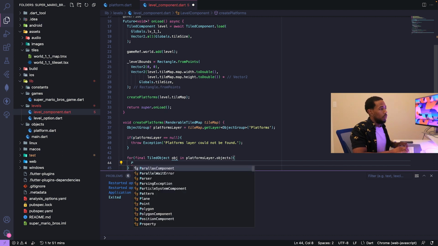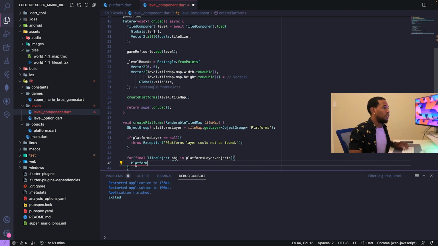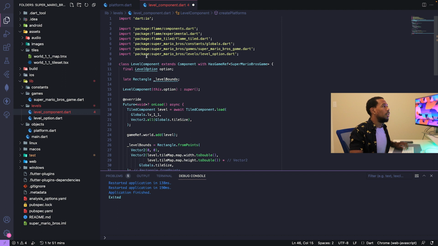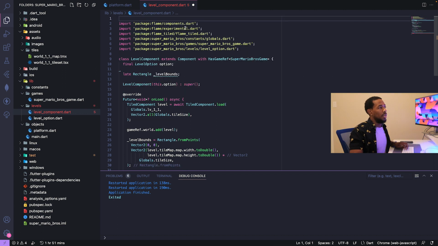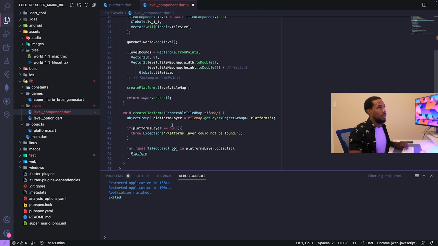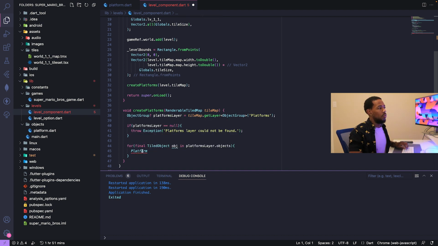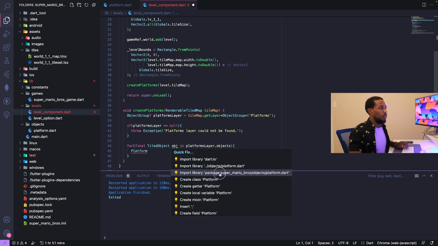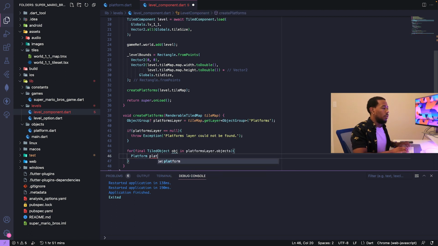So within here, we'll create a platform instance. Make sure it's the proper import, and it's not, because there is another class called platform already in dart.io, and it's used for determining which device you're on, whether it's iOS, Android, web, Chrome, whatever. But I want the platform that I just created. So we will do a manual import, call this platform,